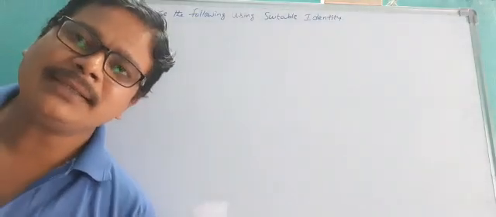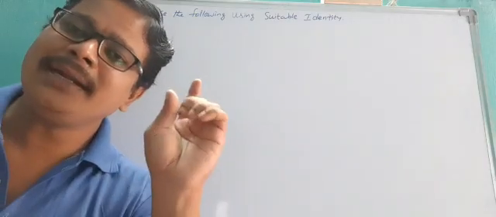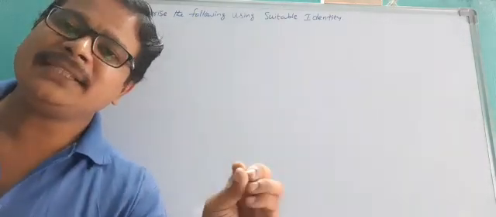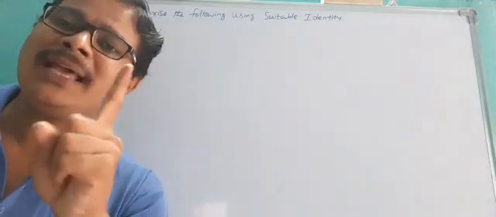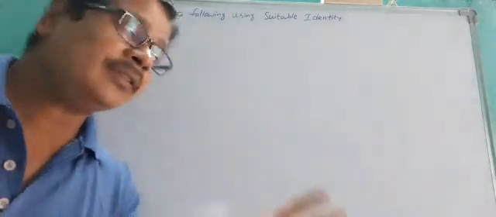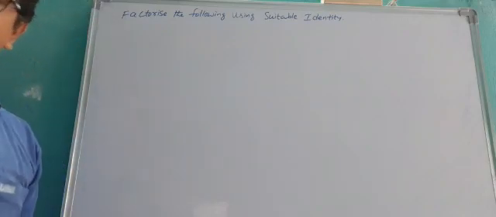Good morning, students. In our previous video, we discussed identity number 2, (a minus b) whole square equal to a square minus 2ab plus b square. So with the help of that identity, we have to factorize some of the given polynomials. Okay, so first one,